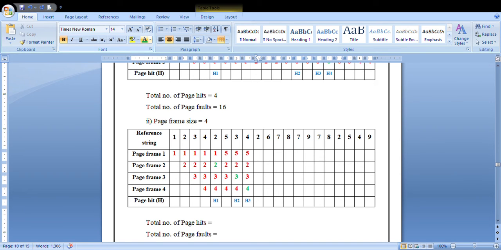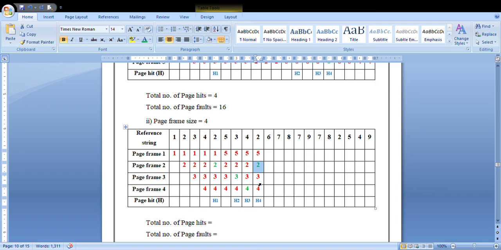Next is 2. Again 2 is already existing in the page frame. From here the value of 2 will get restarted. That is page 4. Next is 6. 6 is the new page frame. Here 5 is repeated for 4 times and 2 is existing for only one time because you are restarting the count at this point.